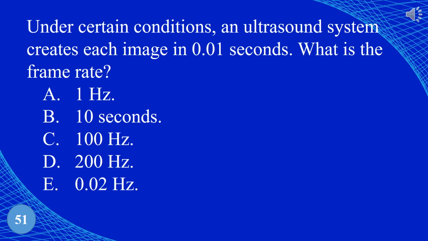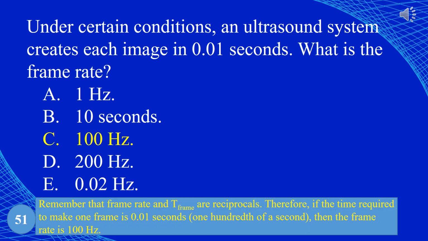Under certain conditions, an ultrasound system creates each image in 0.01 seconds. What is the frame rate? A. 1 Hz. B. 10 seconds. C. 100 Hz. D. 200 Hz. E. 0.02 Hz. The answer is C. 100 Hz. Remember that frame rate and T-frame are reciprocals. Therefore, if the time required to make one frame is 0.01 seconds, 1/100th of a second, then the frame rate